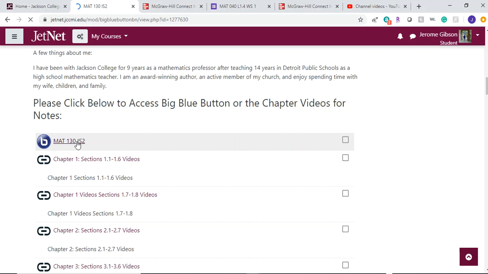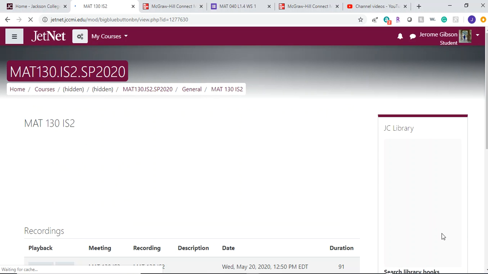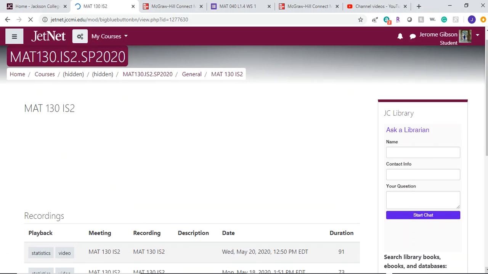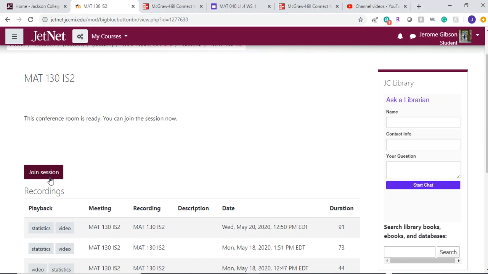and it will take you to how you would access Big Blue Button. Now, if you notice here on this page, it has a join session. So if it's between 1 and 3 p.m., you could click on join session and join the class for my synchronous teaching sessions. And then also, just to let you all know, when you sign in, you will have an